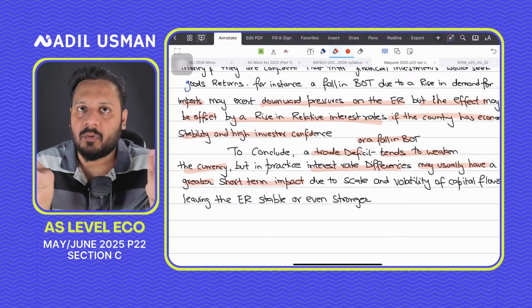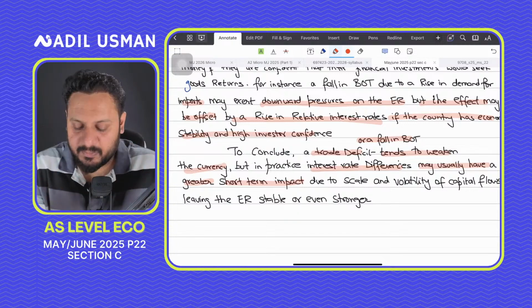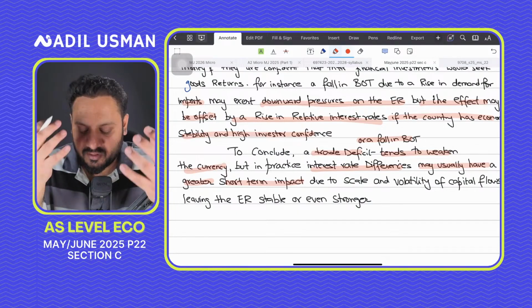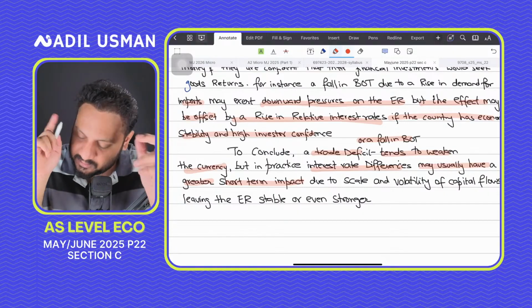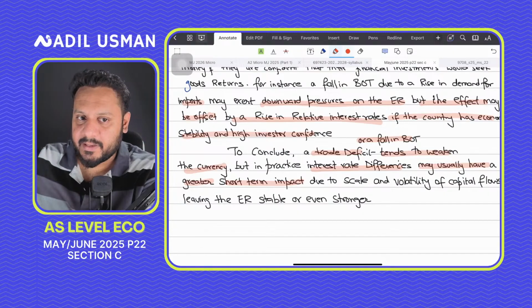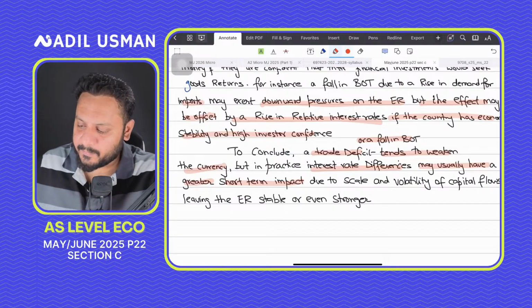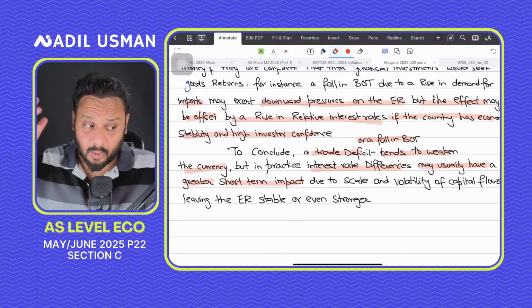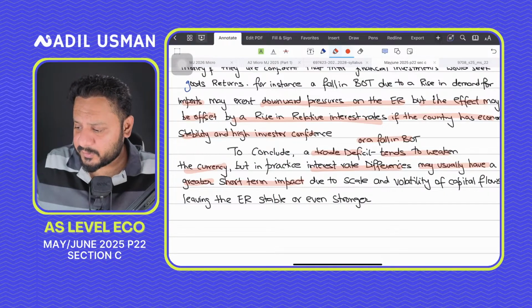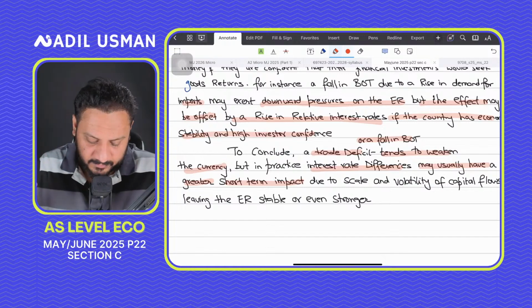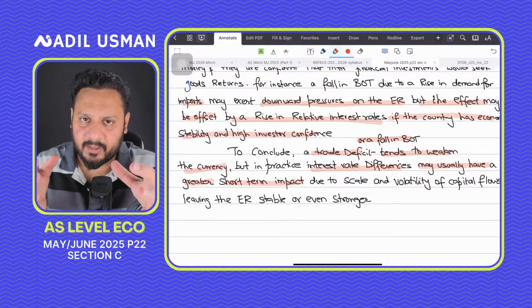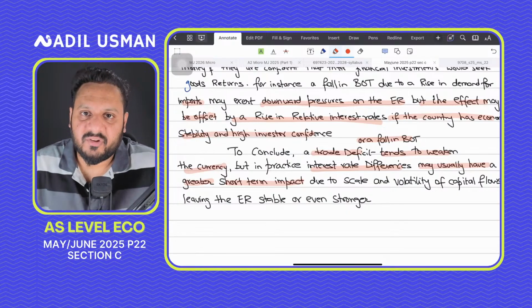For example, if a country is importing more, why is it importing more? Because maybe it has a lot of inflation. Maybe it doesn't have those goods available. Maybe it has poor manufacturing. So there are more imports and poor exports, so there's a consistent balance of trade deficit. So over the long term, yes, balance of trade movements or balance of trade deficits will have a much stronger impact on the exchange rate. But over the short term, these relative interest rate movements might have a more immediate impact on the exchange rate